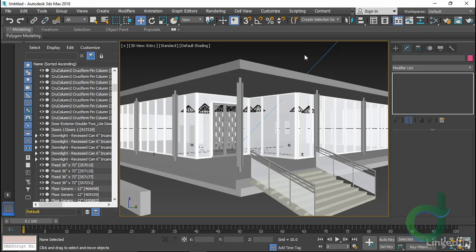I'm making a choice to have a one-way transfer once and a manual update process, knowing I'll take the hit in time, but there's things I want to do here to optimize the rendering, versus a round-trip capability and possibly losing flexibility in what we do here in 3ds Max. Now that I've got this imported in, I'm ready to start modifying things and really putting some polish on this